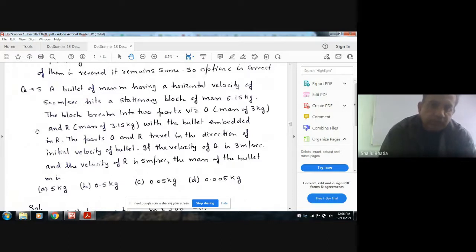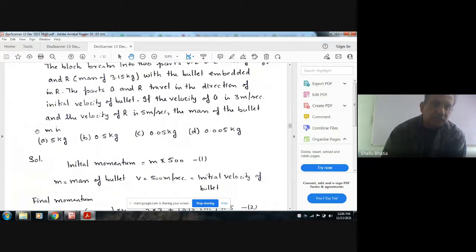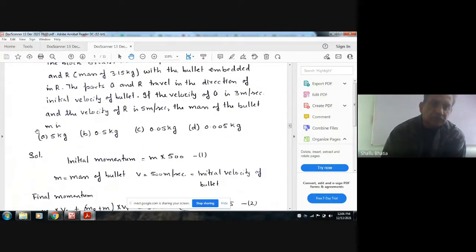With the bullet embedded in R, the parts Q and R travel in the direction of the initial velocity of the bullet. If the velocity of Q is 3 meters per second and the velocity of R is 5 meters per second, the mass of the bullet m is: option A 5 kg, option B 0.5 kg, option C 0.05 kg, option D